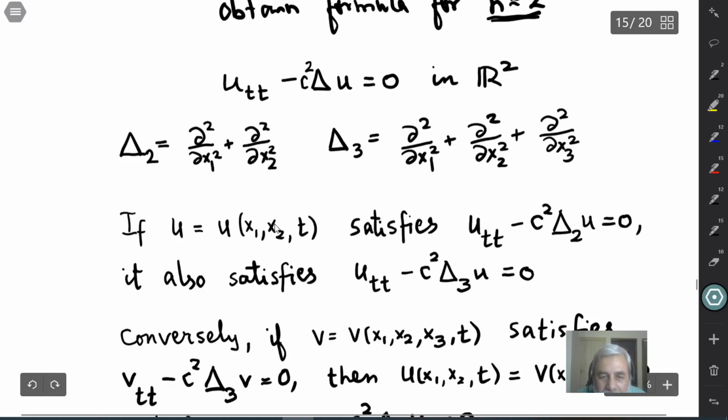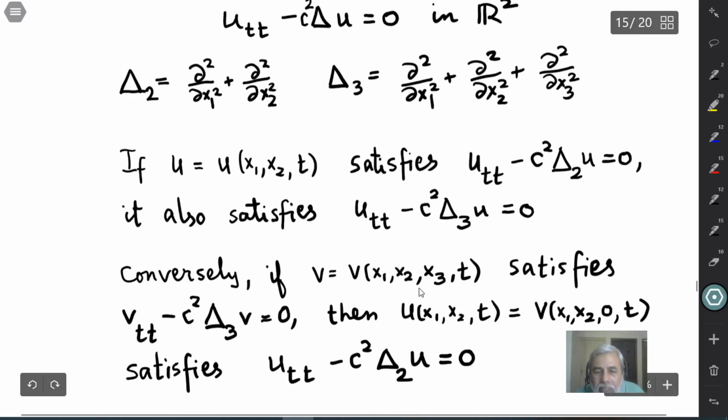We can just take u independent of x3, so this del square u by del x3 square will be 0. And conversely, if we have a solution to the three-dimensional wave equation, v of x1, x2, x3, t,